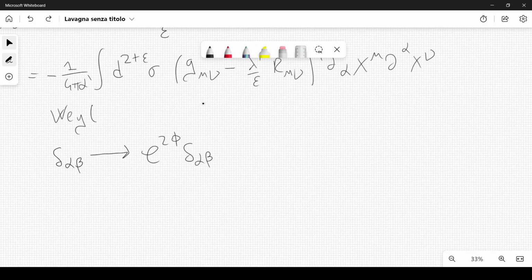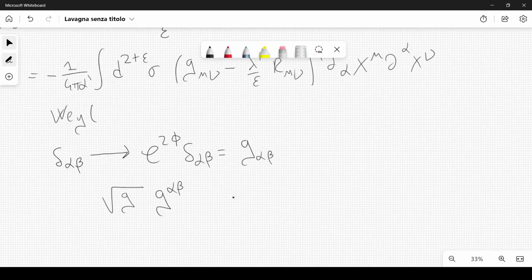So if we want to rewrite the action, remember that this will be some new metric g alpha beta. So this is our new metric. In the action, when we change the metric, we will have something of the kind square root of g. So we have the square root of the determinant of this matrix. We don't have the minus sign here because now we're using a Euclidean metric. So the determinant will be non-negative. And this is multiplied by g alpha beta.